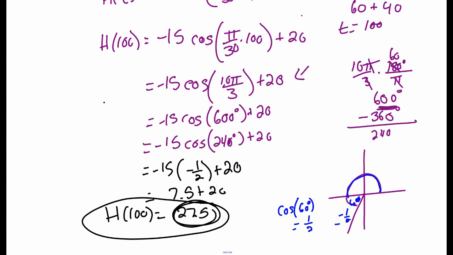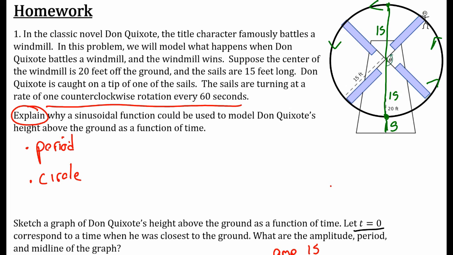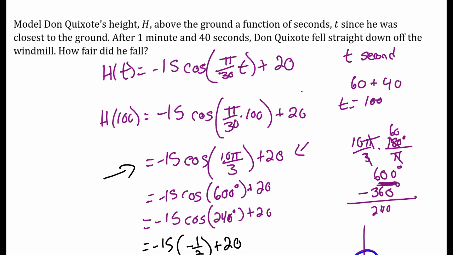Again, at this point, you could have gone to your TI-83, 84, whatever device you have, and typed that in as long as you were in radian mode. Negative 15 cosine, 10 pi over 3 plus 20. And that would have given you 27.5, hopefully, unless I did something wrong. But we know I never do that. That was the Don Quixote problem. We modeled his height on this circle by using amplitude, midline, and frequency and period, that relationship to find the